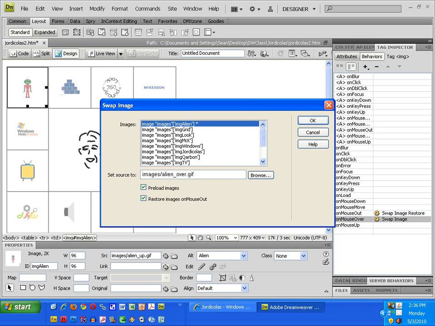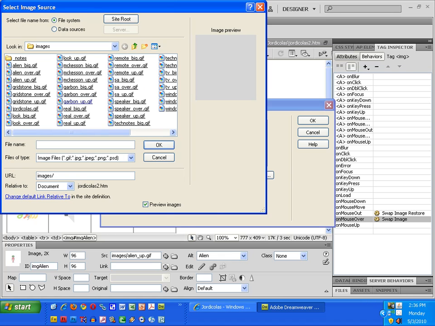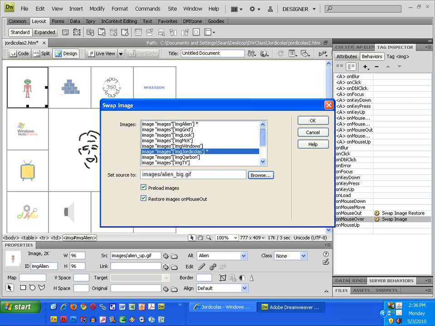And I can just double click on that swap image, and it'll open the swap image dialog back up. I'm going to select also the image Jordicolas and browse and choose Alien Big. So here's what's going to happen. What I have selected at the top is Image Alien. When I move over Image Alien, the Alien Over state will show. Also, simultaneously, in the image Jordicolas in the center, the Alien Big will display instead of my face. So we can hit OK